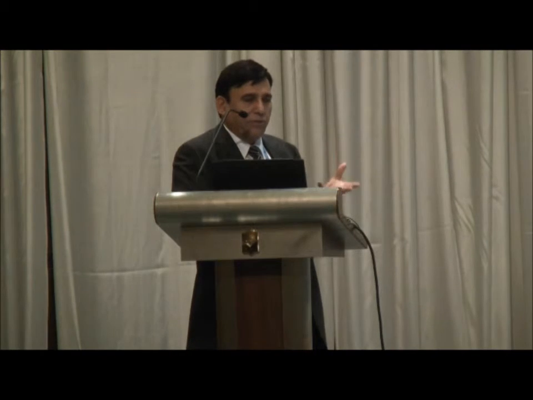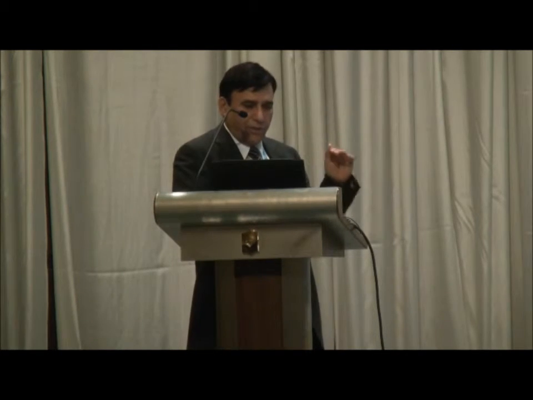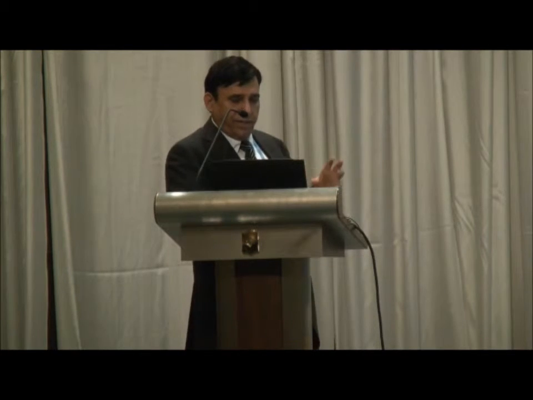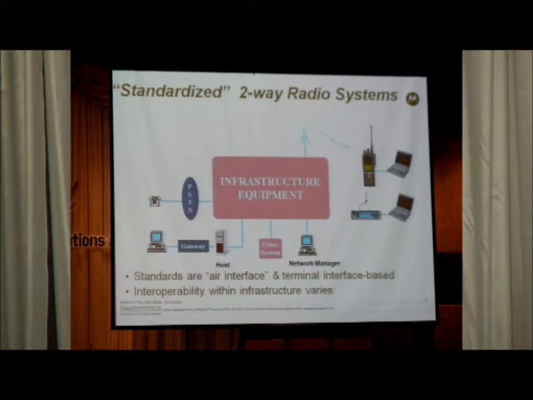So we now understand what is a basic two-way radio system. I am not going into details of multicast, single cast, etc. But I will shift over to what the standardized two-way radio systems are. Because standards really make things simpler. They make things replaceable. They reduce the cost. They provide you interoperability within networks, etc. So it's very important to use standards-based equipment rather than individual designer-based equipment.